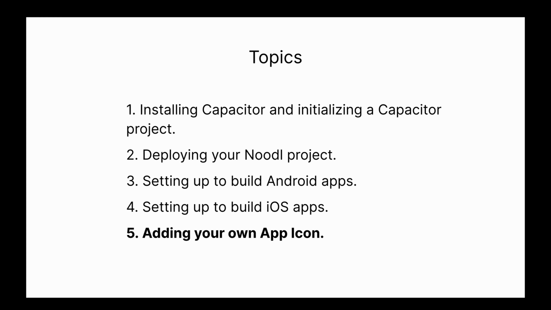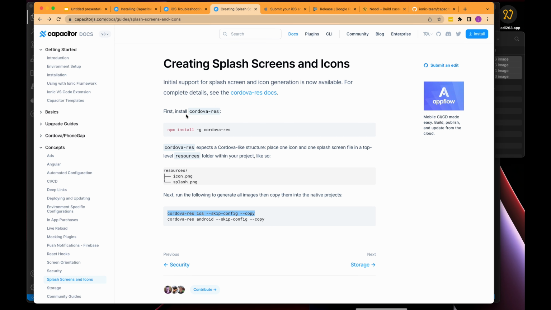Okay, so as the final thing here, we want to add our own app icon. So we want to replace the capacitor icon that is used when we first install this to iOS or Android. Okay, so we're going to be using this tool called Cordova-Res, and we're gonna install it. But before we do, in order to get this to actually work on Android, there's an extra step that we